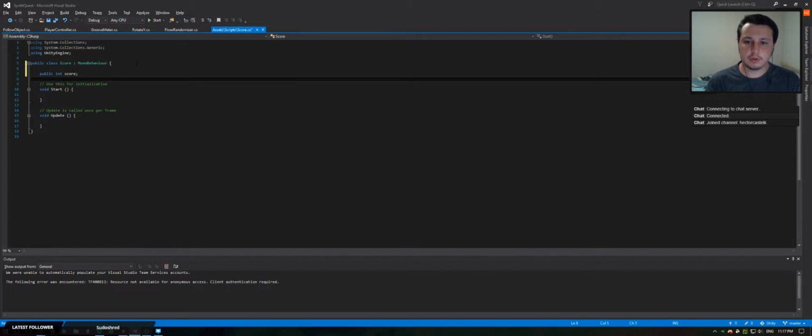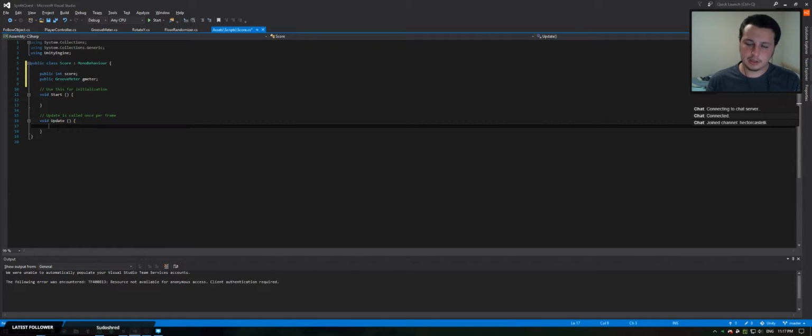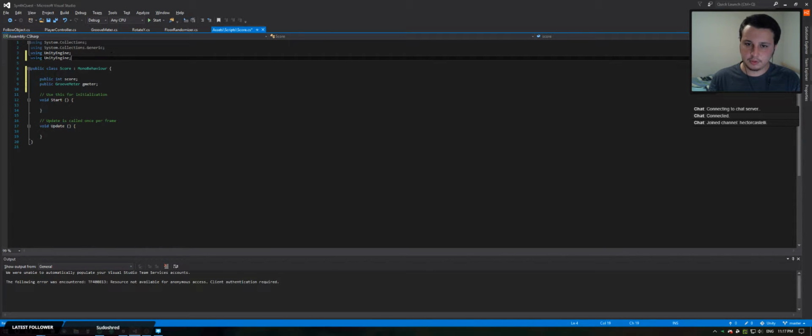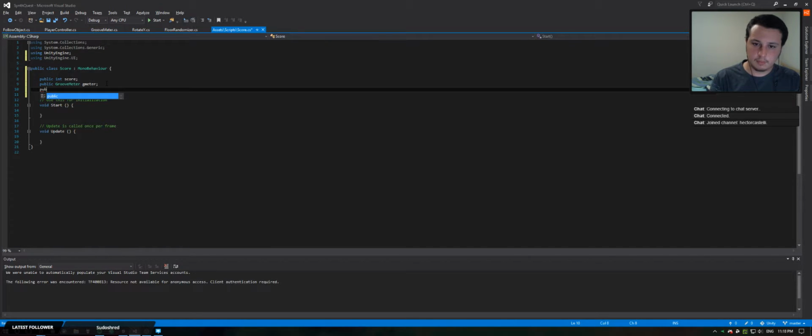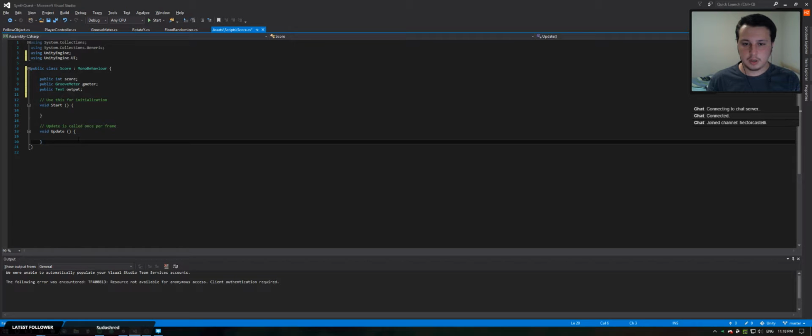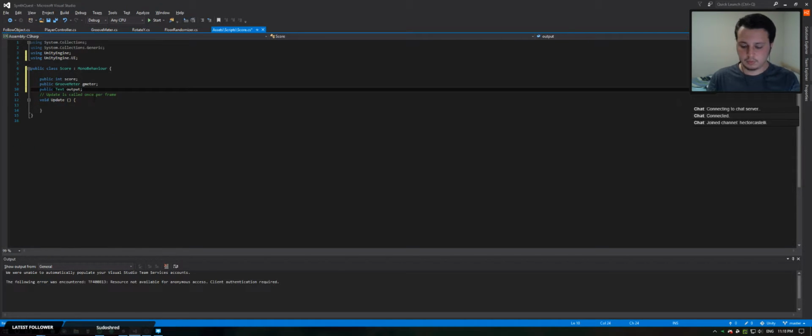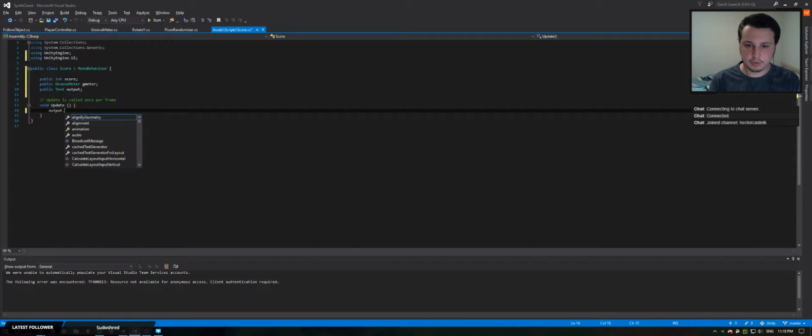And we're going to refer to a public groove meter, and on update we're going to make, actually I want to do this, sorry guys, UI public text output. So now start. We don't need it. So what we're going to make is output.text equals score